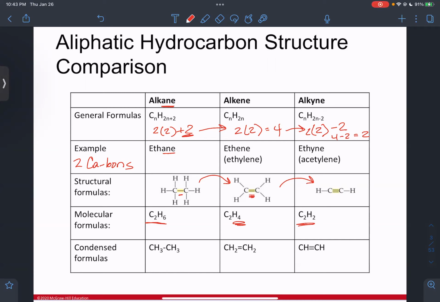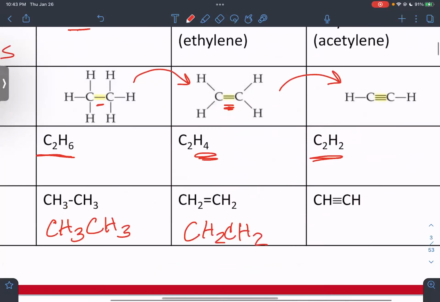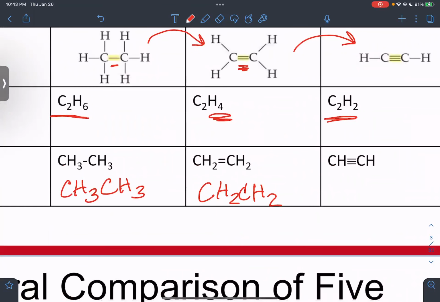You can write those in condensed forms like this, and normally we don't draw the bonds. We just write them that way. So if you see something written CH2, CH2, I would hope you would look at that and say, oh, that doesn't really make sense. Each carbon only has 3 bonds. Well, if that is given to you in this format, then you automatically have to assume,